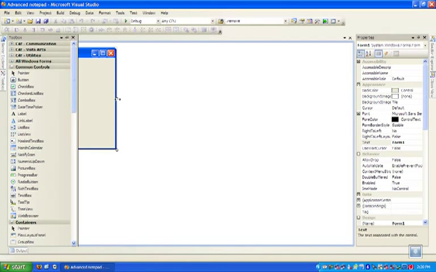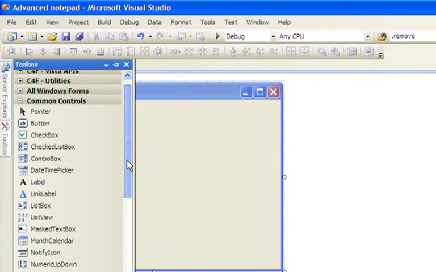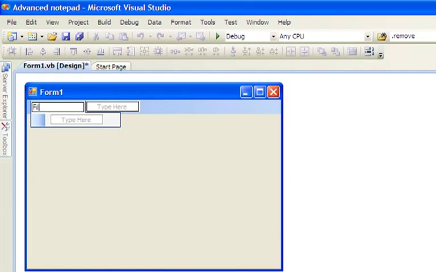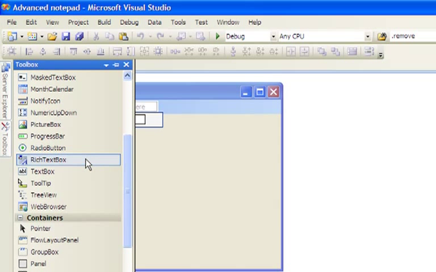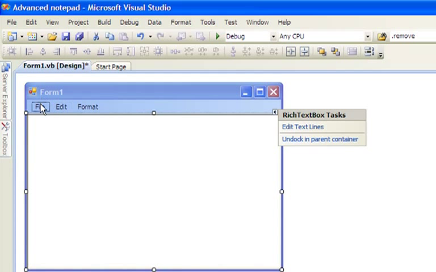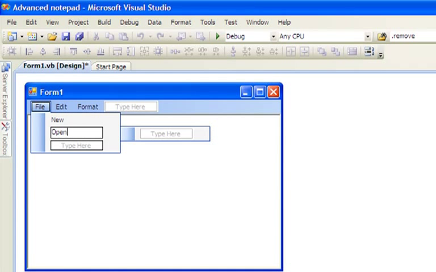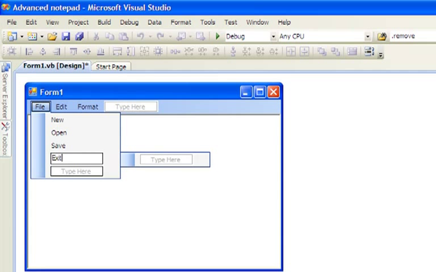Once the form is loaded, just resize the form to your liking and then add a menu strip and add File, Edit, and Format, and then add a rich text box. Click this little arrow and click Dock in Parent Container, and then click File and type New, Open, Save, and Exit,